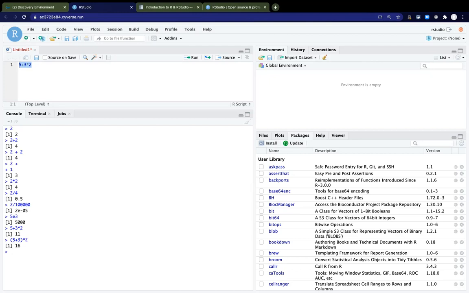I'm not sure what the priority order is for R, but you want to be very careful about how you set your numbers together. And when you go to do your math, often you can mess this up, particularly if you're trying to calculate a function. Okay, so we've just been doing basic addition, subtraction, multiplication, but R can do things with